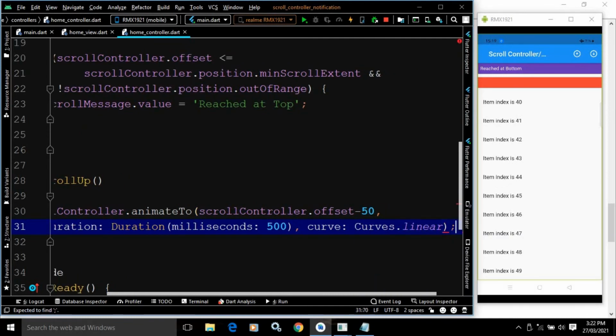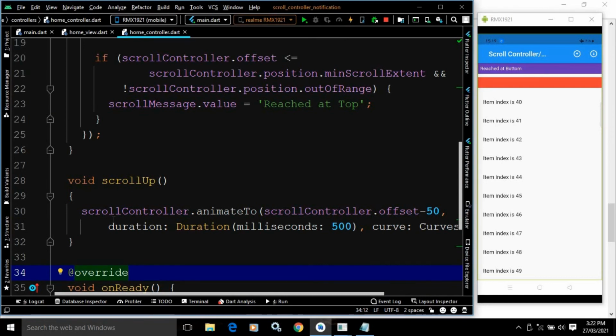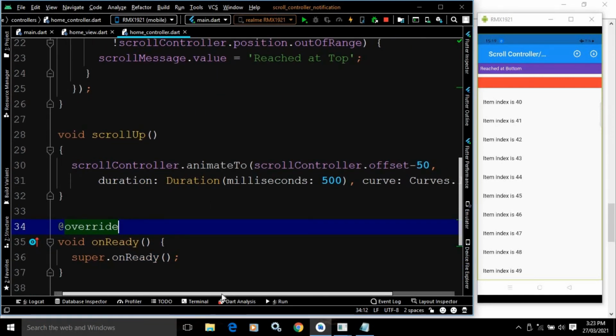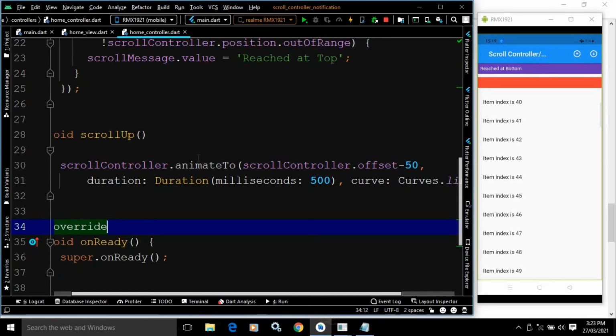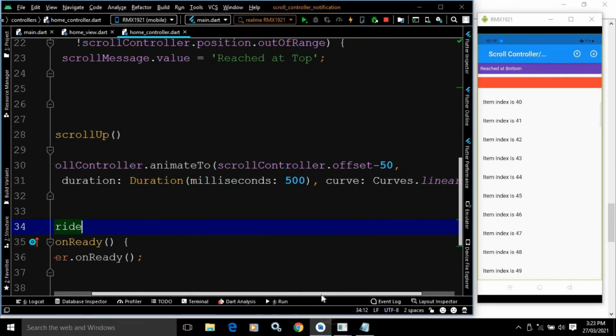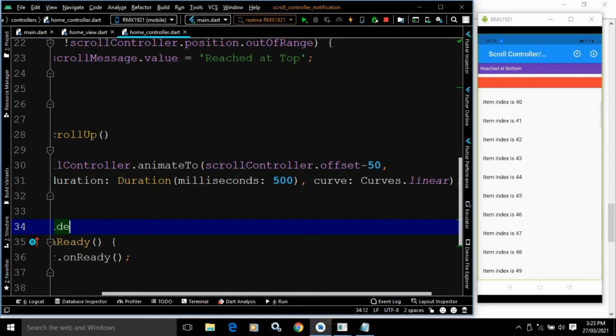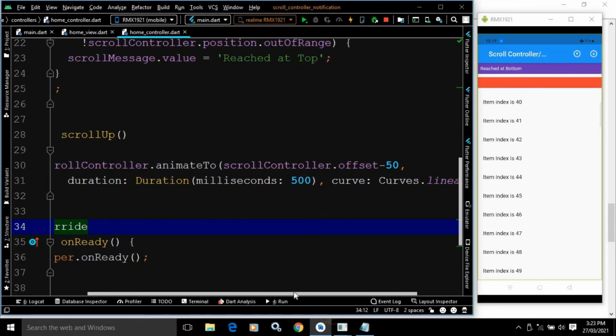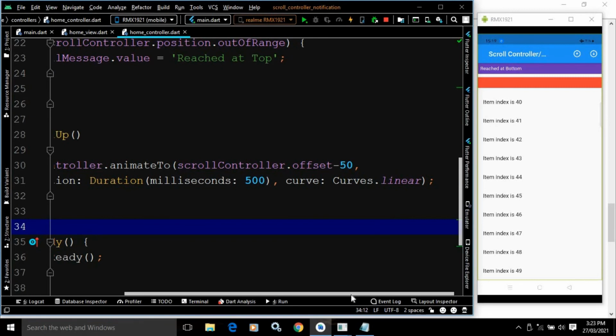Okay, so in the scroll up method I have written scroll controller dot animate to, meaning if you want to scroll up with animation, then we need to use this animate to method. After that I have specified the offset as scroll controller dot offset minus 50, meaning by how many pixels you want to move up. In the duration I have specified 500 milliseconds, and in the curve I have specified Curves dot linear.